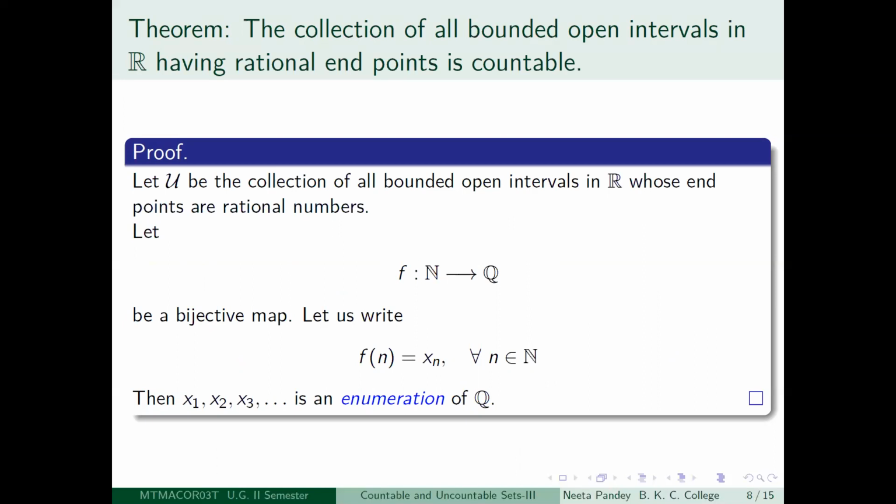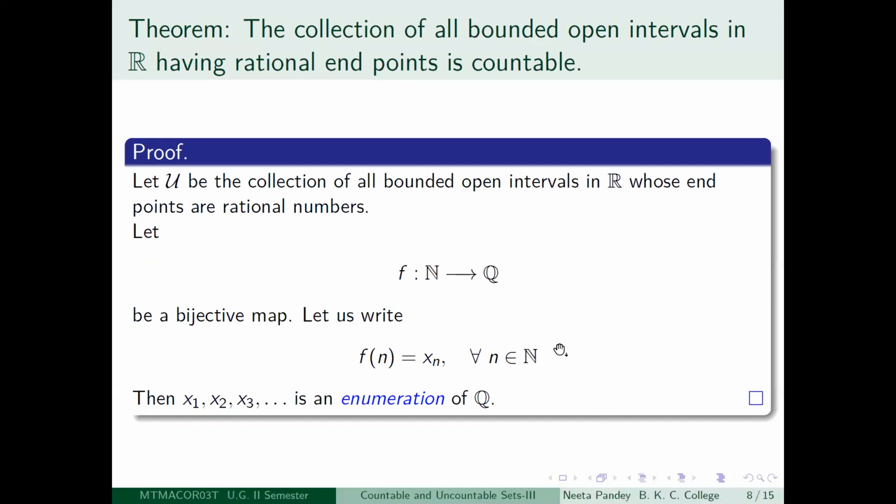The next result is also, first of all, interesting, and secondly, very important. What it says is that if you look at the collection of all bounded open intervals in R, these are very significant, which we will learn in the next lecture, because they describe what is meant by, quote, nearness of points, unquote, precisely in the set of real numbers.